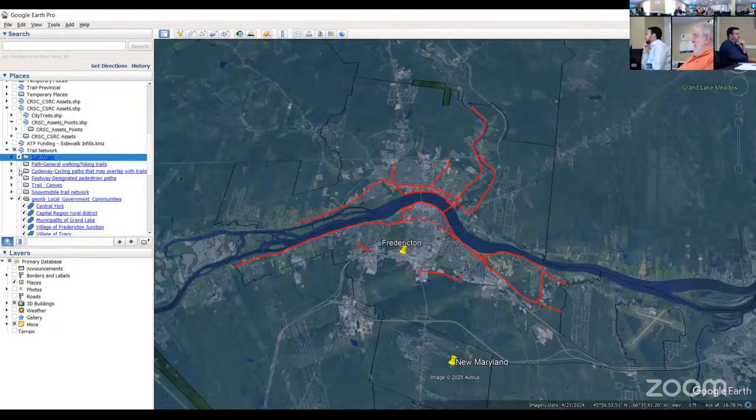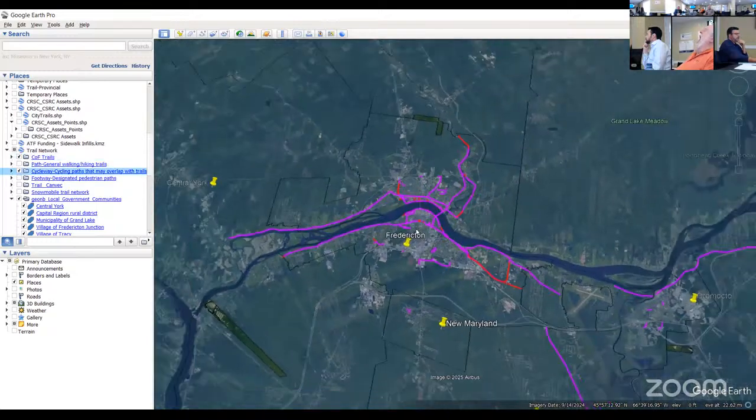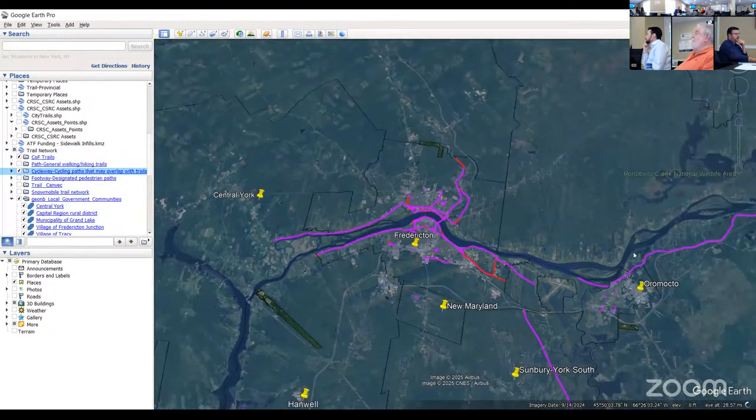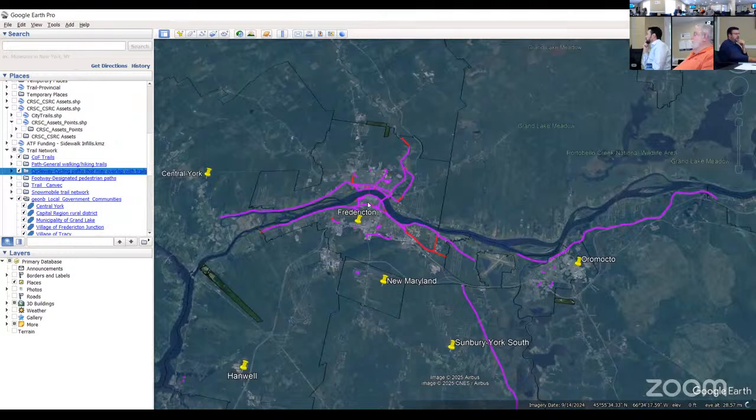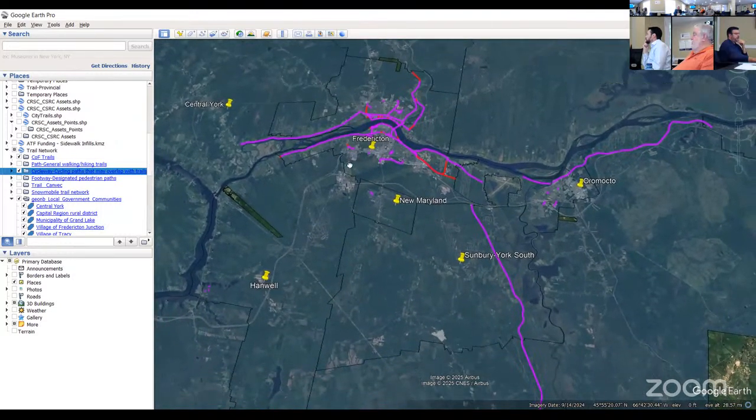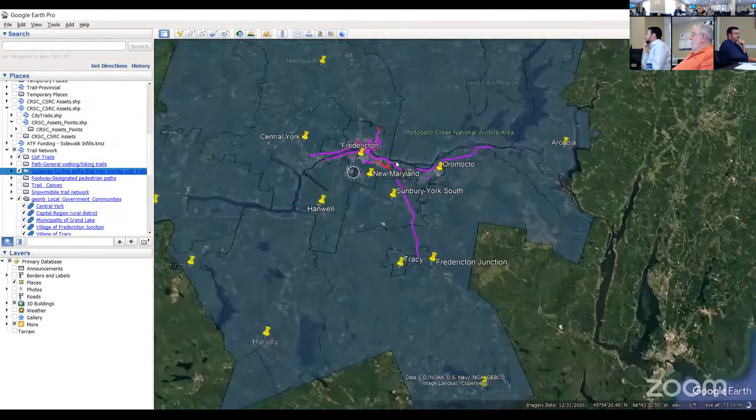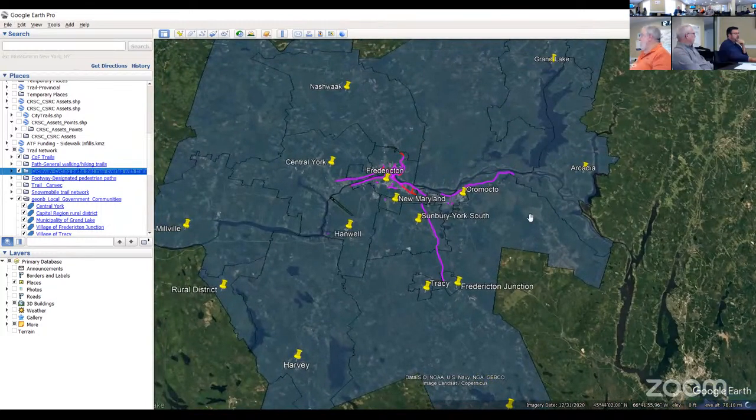If we add the cycling path, this is now the network that we have. Like I mentioned earlier, the cycling is mainly in this area. There isn't much, at least in the open sources, in the other communities.